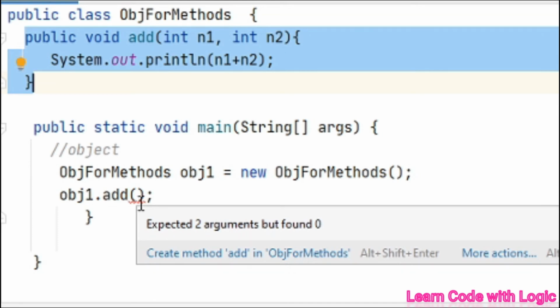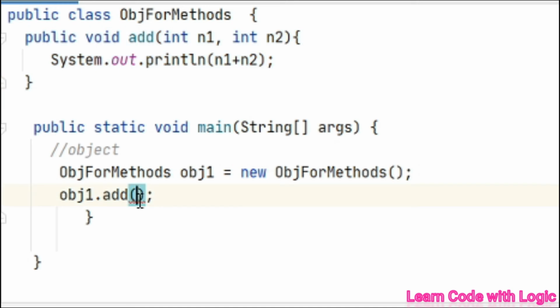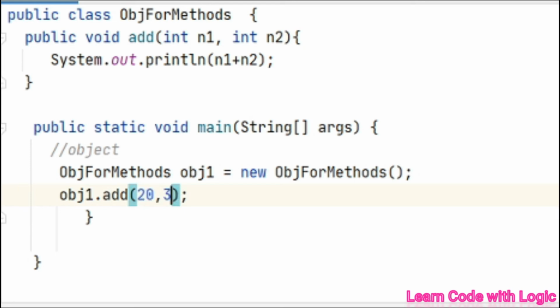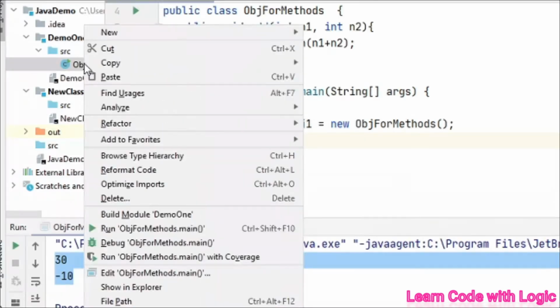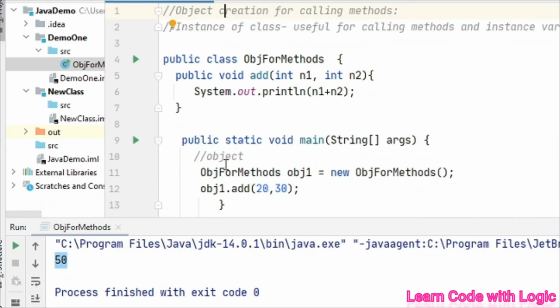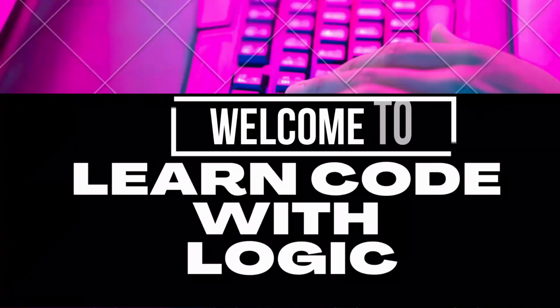It is saying expected 2 arguments but 0 found. So what are those arguments? Those are integer arguments. Whatever the data type you have given here, you have to give the same arguments here. Comma 30. Save the code and run it. Now you can see 50. That's how we can create and call methods using objects.